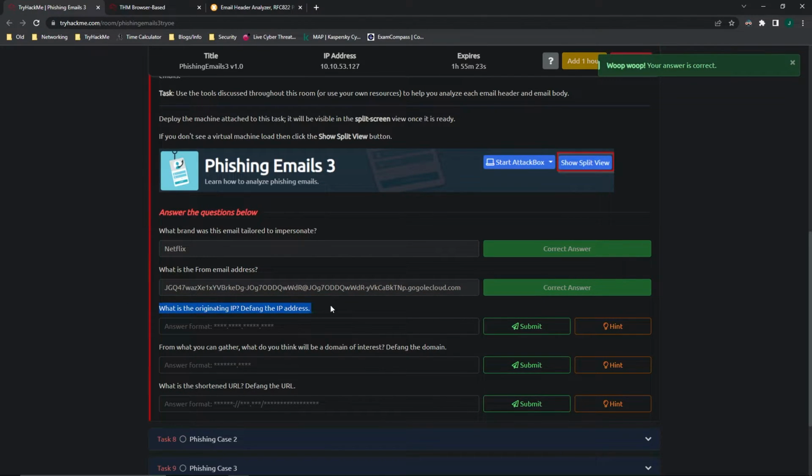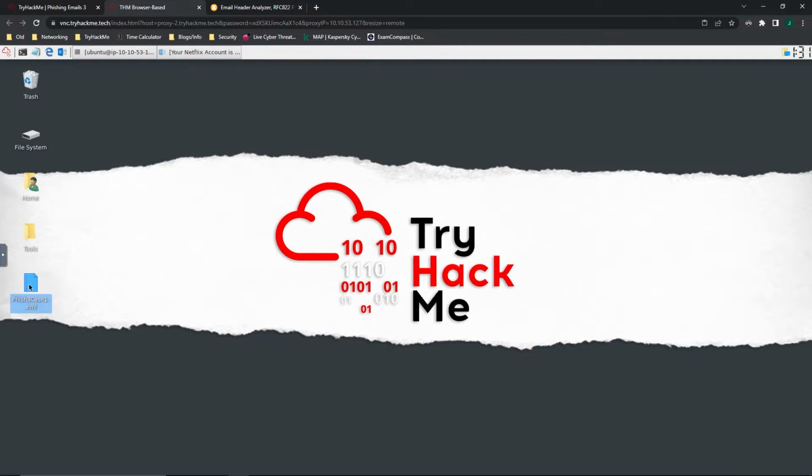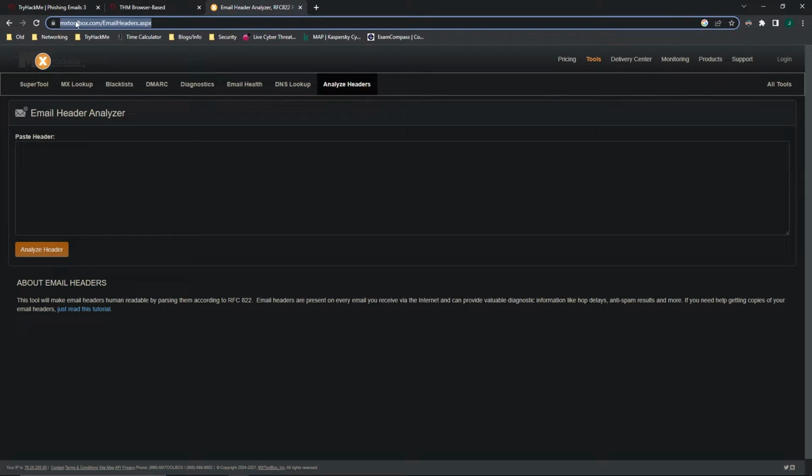What is the originating IP? Defang the IP address. So we're going to use CyberChef to actually defang it, but we still have to find the originating one. The best way to do that would be to grab the message headers. We're going to open it up and get those message headers. We could manually look through. It's right here. But for the sake of the demonstration of the tools, I'm going to be using MX Toolbox